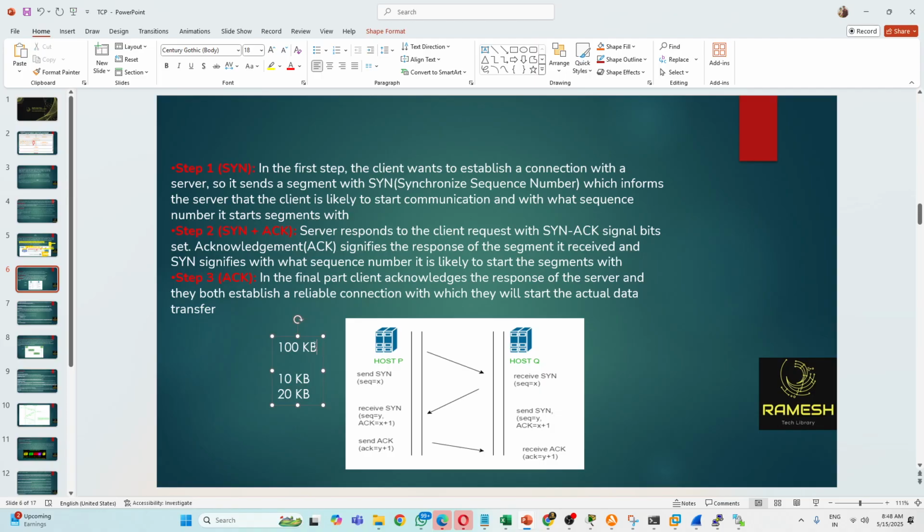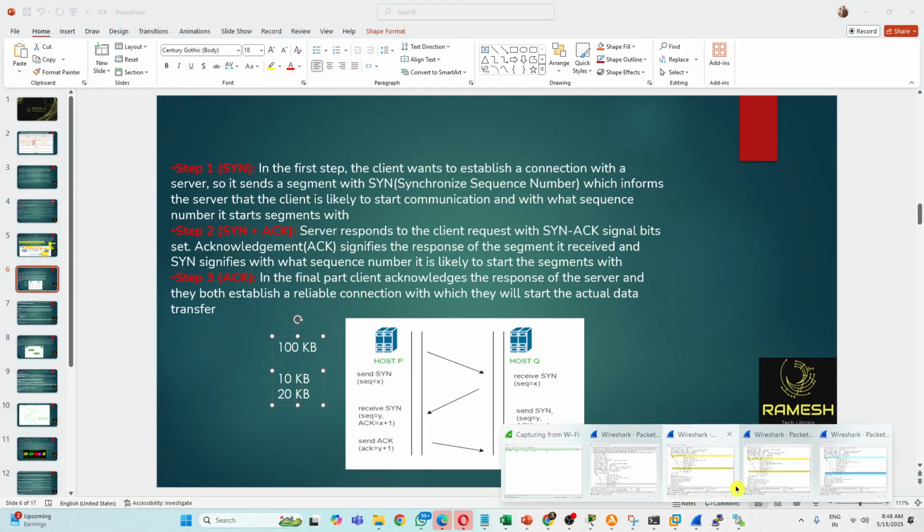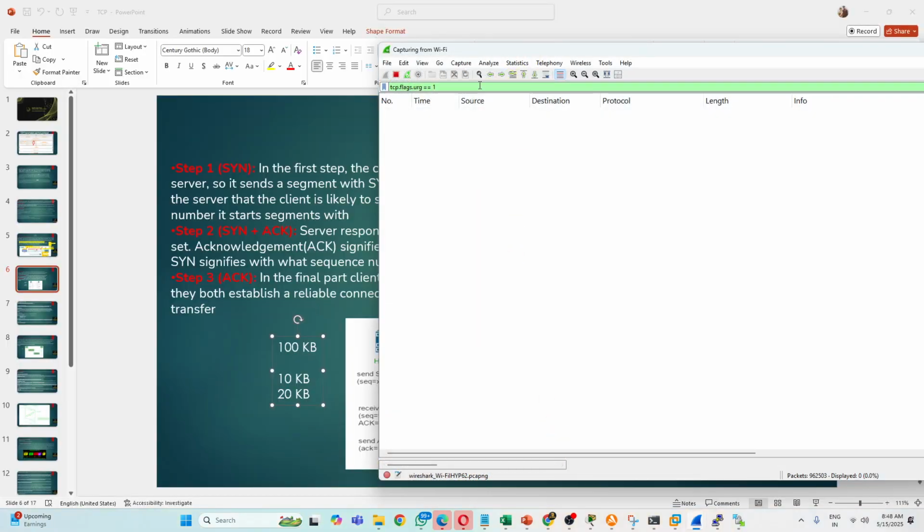When it is sending the data, first it will send 10 KB of data to the receiver. The receiver will receive it and give you an acknowledgement of +1. When it is sending for the first time, the sequence number will follow with the data, whatever data you are sending. Same thing, suppose you take a live packet capture, let's see here.